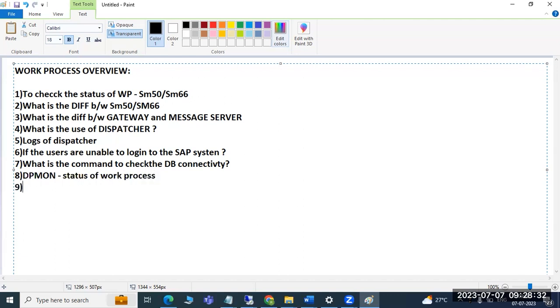Get process list is the status of the service. The DPMon command will show whether the dispatcher is up and running or not. So next question, how to check the